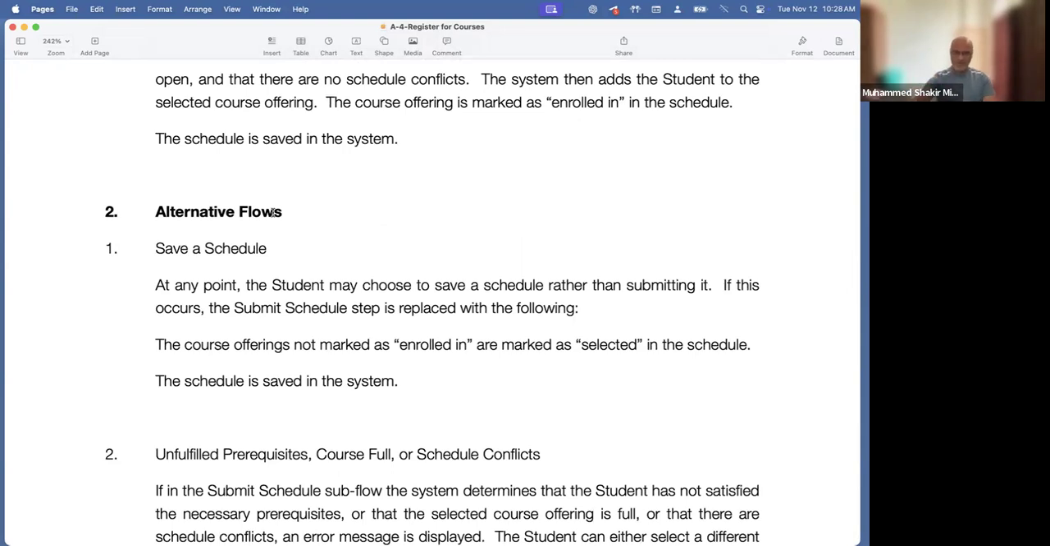In alternate flows, save a schedule. At any point, the student may choose to save a schedule, not submit. Not submit. Submit means final. Save means, many times you might have seen, I don't know whether you have experience of, going to the passport